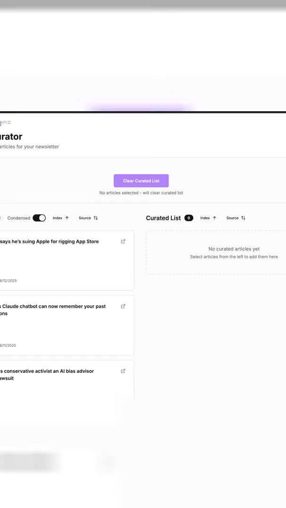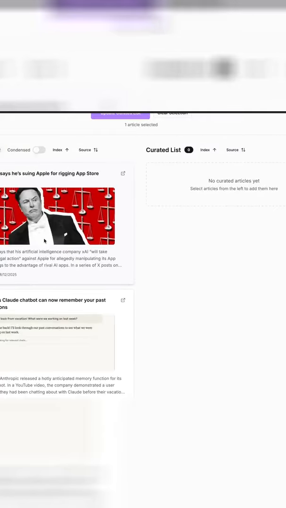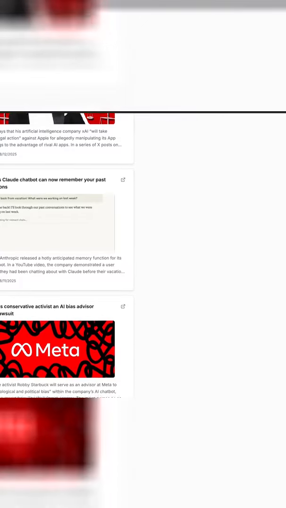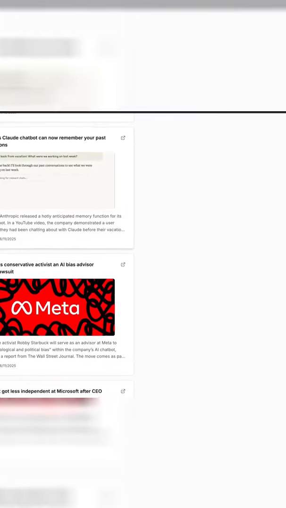So what does this dashboard do exactly? Well, you can select right over here what news items you want. So I want to search and look at Elon Musk saying he's suing Apple for rigging the Apple Store. Okay, actually, let's not do that because it's not really AI related. I want something more technologically relevant. So here, Claude's chatbot can now remember your past conversations. Kindly. So I'm going to select that. Meta makes conservative